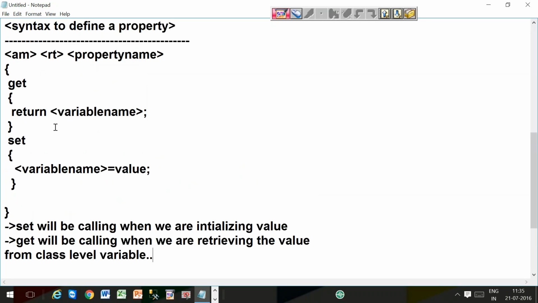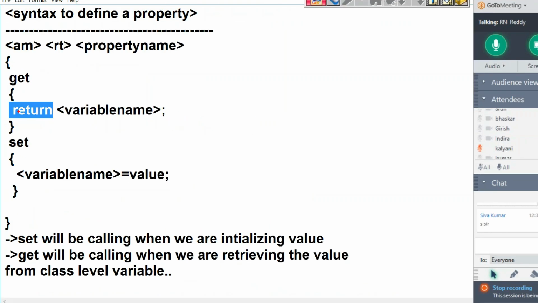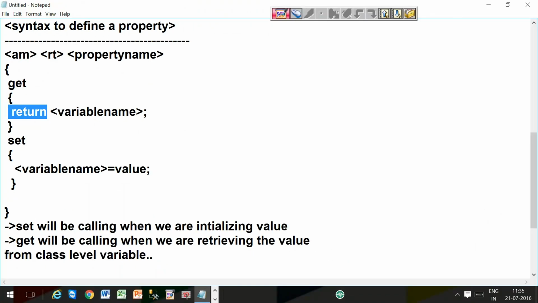Here you have a keyword return. Do you remember the return keyword? You use the return keyword in non-void functions. Why do you use it? To return a value. Same story here also. Whenever we are trying to retrieve a value from the class level variable,